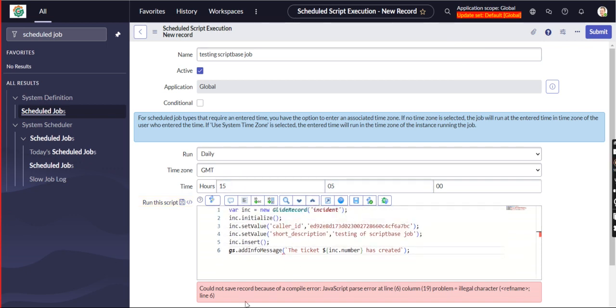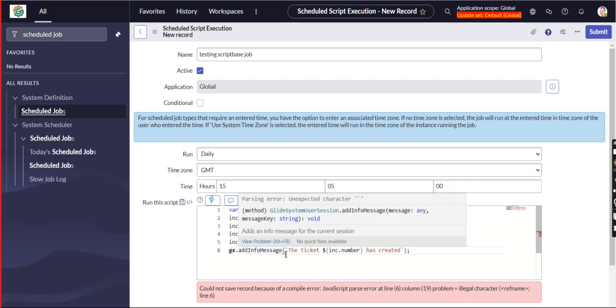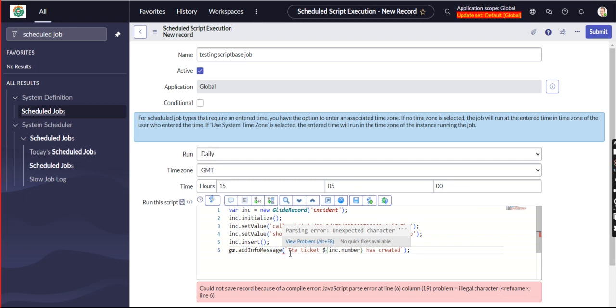There is some error: could not save the record because of a compile error. What is the compile error here? The backticks have given the compile error in gs dot addInfoMessage. Backticks only work in JavaScript, might be. Only quotes are accepted here.